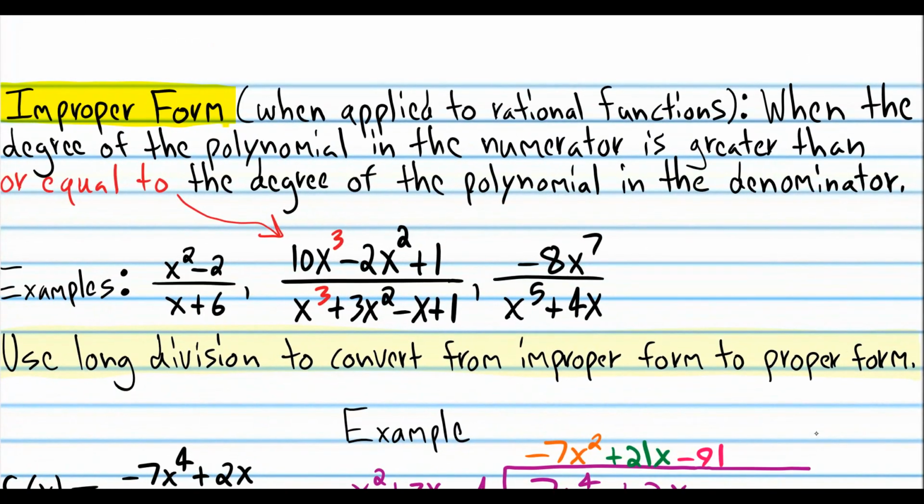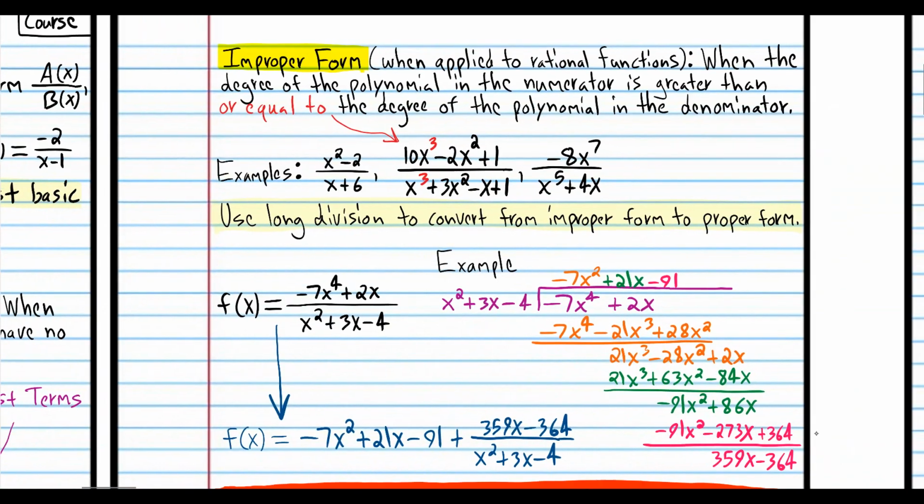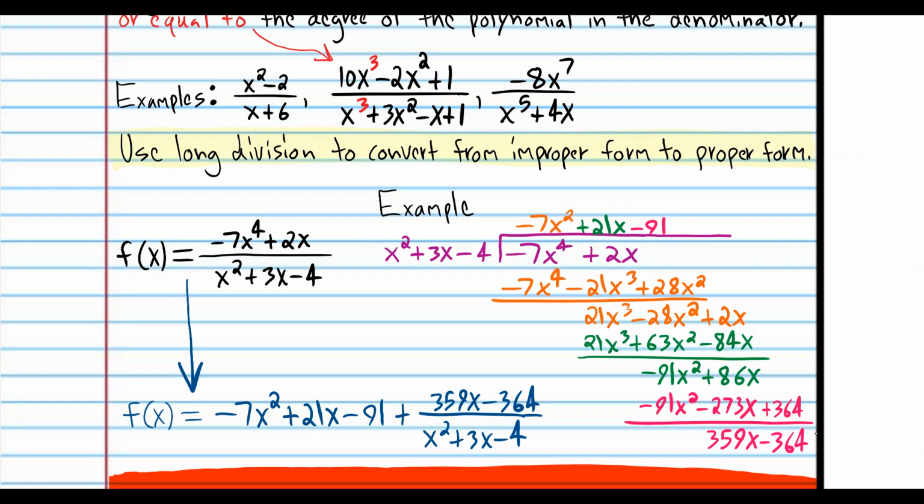So improper form is when the degree of the polynomial in the numerator is greater than the degree of the polynomial in the denominator. But improper form is also when the degree of the polynomial in the numerator is equal to the degree of the polynomial in the denominator. Now, when we have a rational function that's in improper form, it's necessary to use long division to change the form